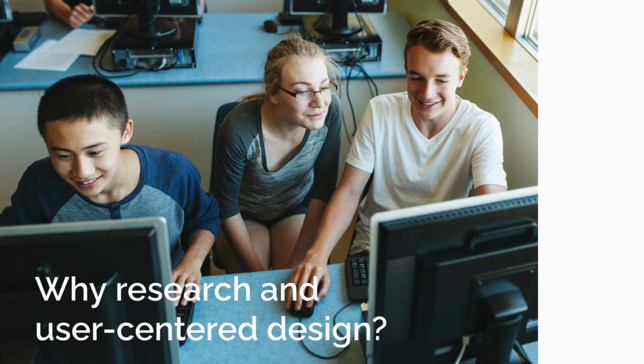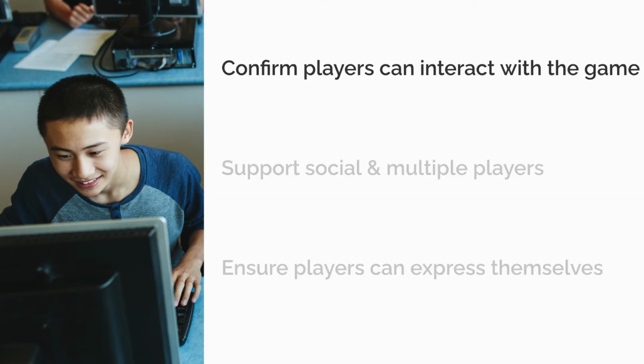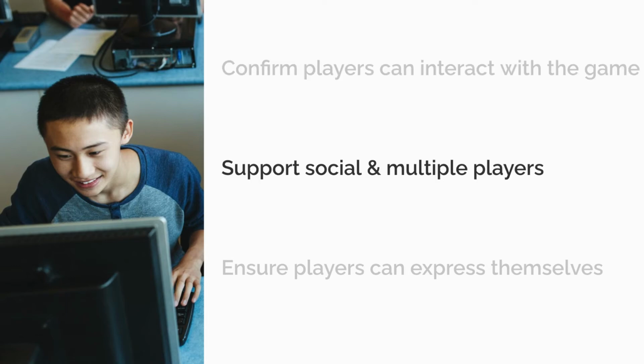For all these reasons and more, effective game designers incorporate user-centered design and research practices to confirm that players are able to discover, access, and interact with the game elements and functions, and get the creative intent of the designers. Confirm that multiple players are able to effectively interact with their game and each other.